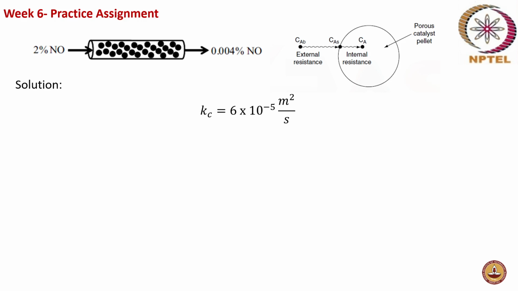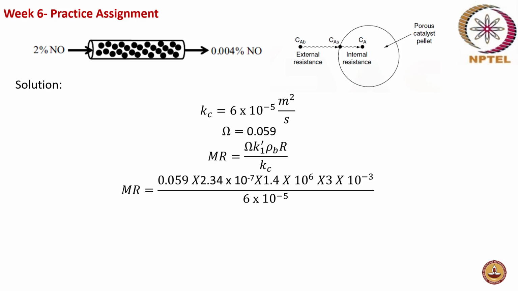Now for the Mears criterion, the Mears parameter, the two unknowns were our mass transfer coefficient and the overall effectiveness factor. So we have calculated the values of these. Now we can calculate the Mears parameter, right? So the Mears parameter is given by omega into k1 prime into rho b into r divided by kc. So substituting the values, we get 0.059 into 2, where k1 prime is 2.34 into 10 power minus 7 into rho b,